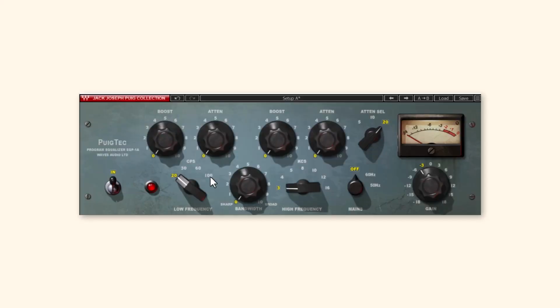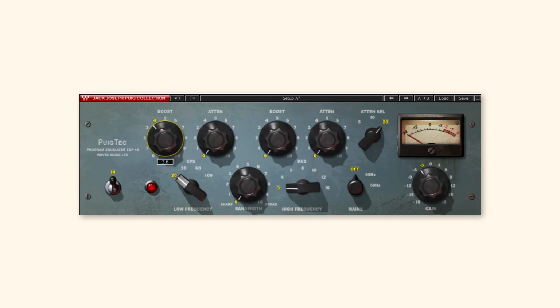But so much of what you do with an EQ that has a graphic display transfers very readily over to analog EQ plugins. There are a lot to choose from out there, and I'm just going to show you a few. I would love to know which ones you are experimenting with or which ones you would like to try out using. I'm always up for exploring more new plugins that are out there. Let me know which analog style EQ plugins you're using. These ones that I'm going to be using here,